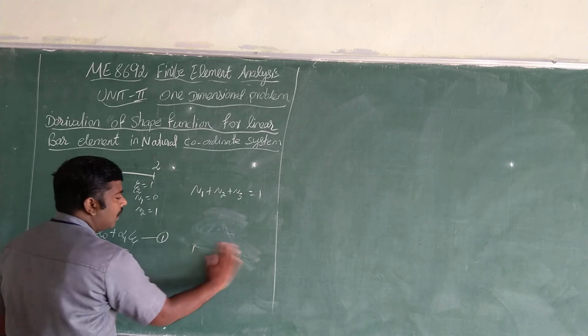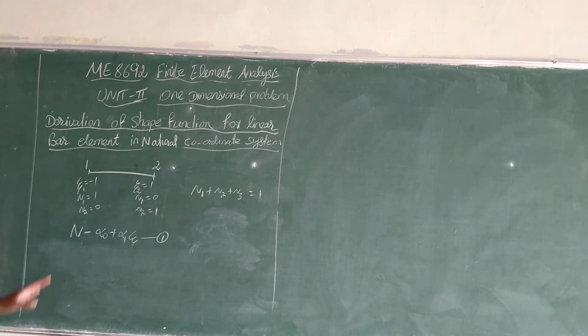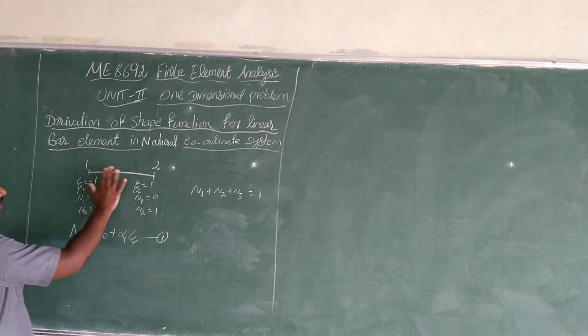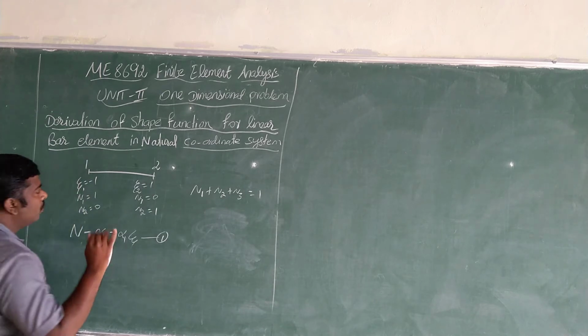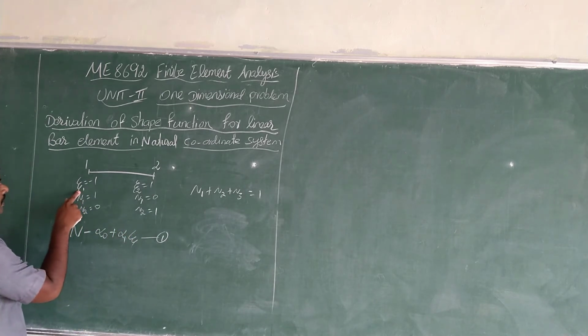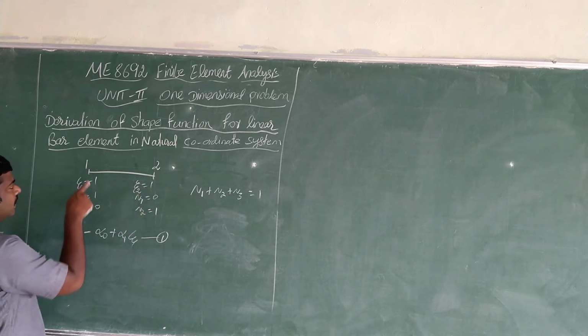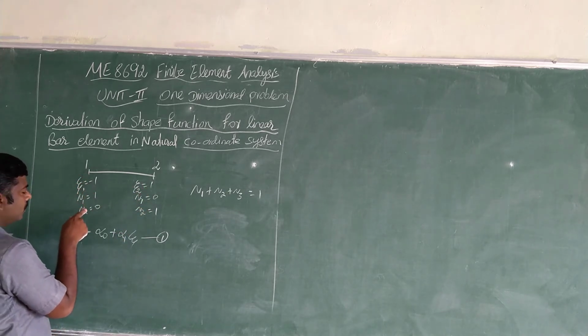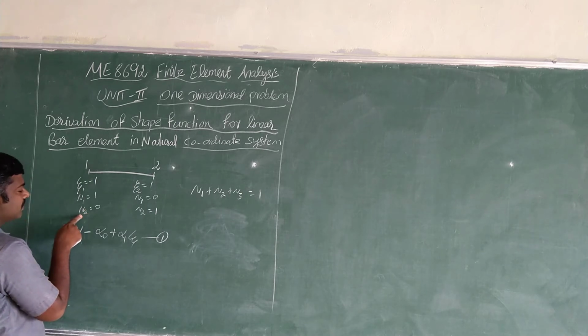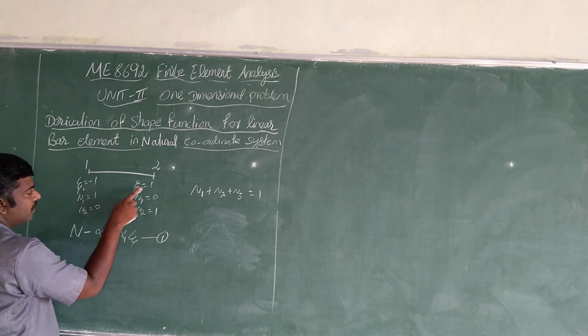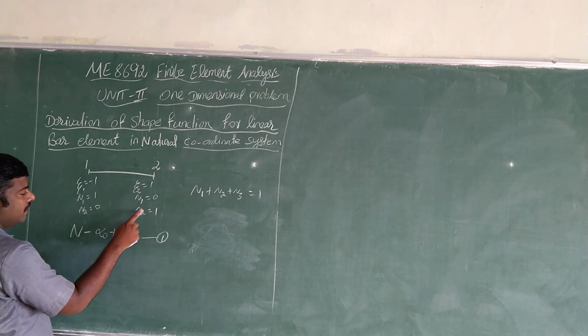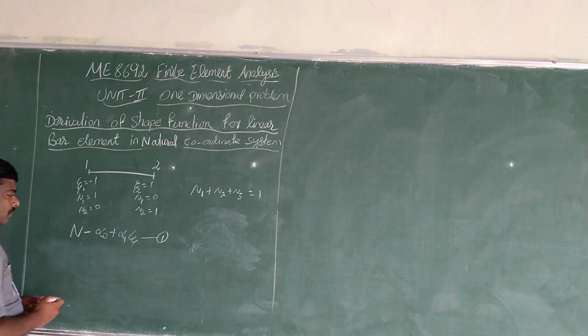So now, consider the two noded bar element. Bar element is a one-dimensional element. Normally a one-dimensional element is discretized by nodal points. So psi1 equal to minus 1, psi2 equal to 1, where n1 equal to 1 at its own nodal point. So shape function is 0 at no other nodal points, therefore n2 equal to 0, and psi2 equal to 1, n1 equal to 0, n2 equal to 1.